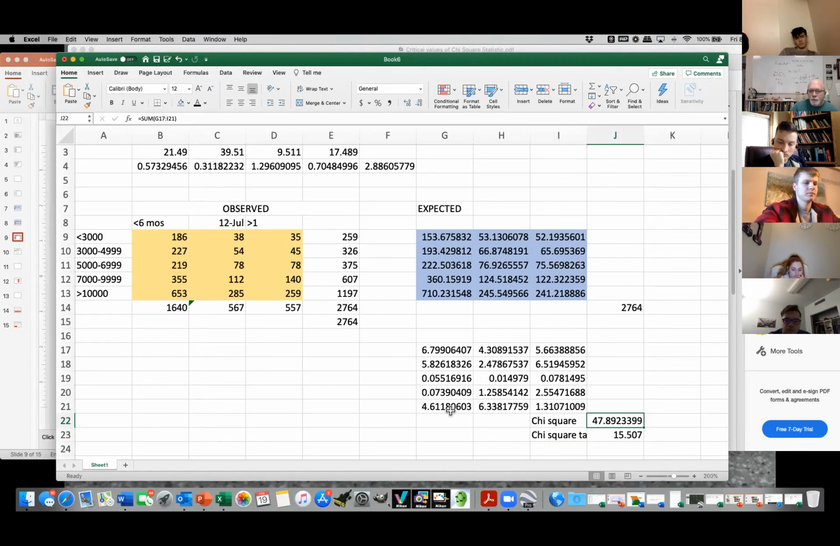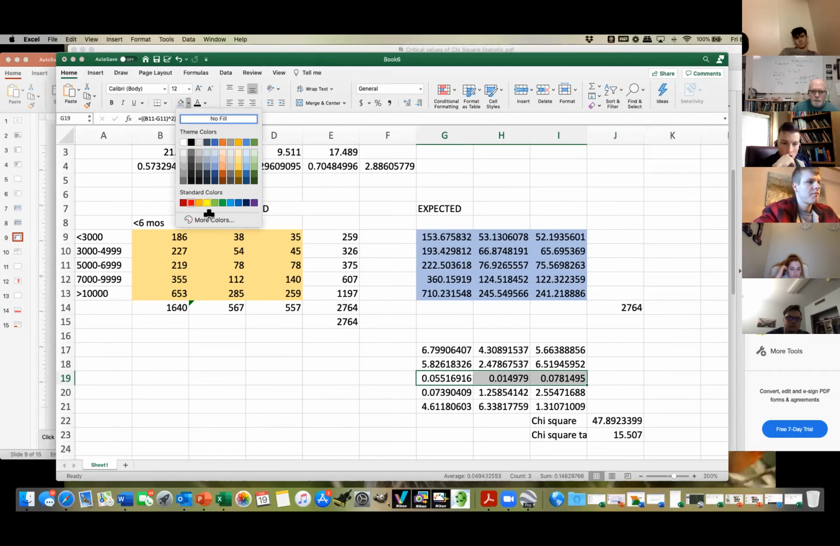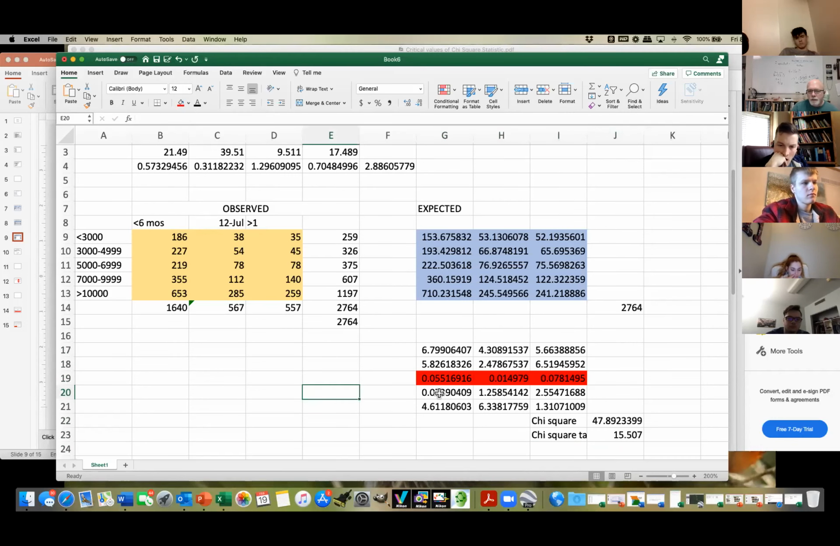Well, where is that lack of independence coming from? We can look down here at the chi-square table and ask, what things are contributing to this chi-square value being big? Well, it's not these small values here. We'll just code those as red. It's not this small value here. It's due primarily to